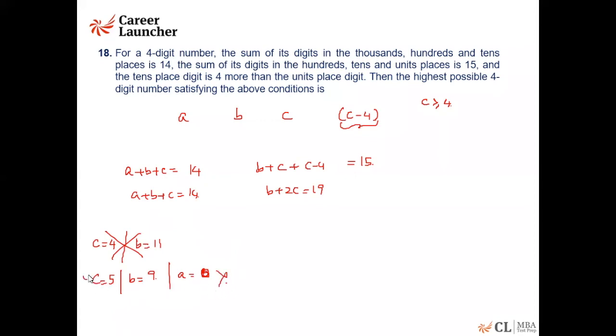Right? Similarly, if I check, the moment you are increasing C, B is dropping more. So if you increase C by 1, B drops by more than 1. It actually drops by 2. So you'll find that the rate at which A is moving is higher, in order to make sure that the summation continues to be 14. So what is it that I should do? I should make C as large as possible. So if I make C equal to 9, then B will be equal to 1. And then if C is equal to 9, B is equal to 1, then we know A is equal to 4. So which means the answer that we're looking for is